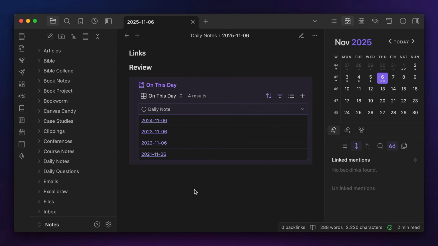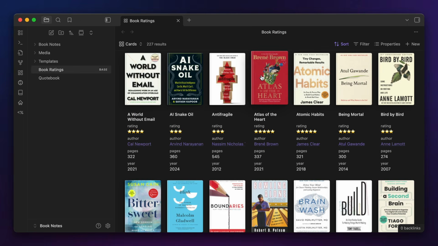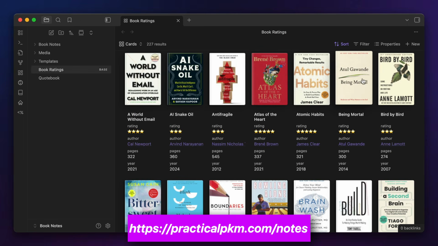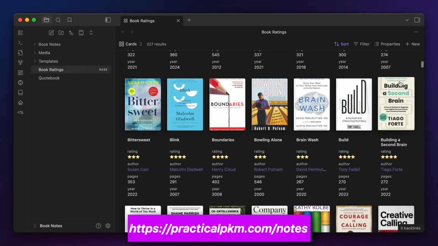Some of my favorites are to show a list of previous daily notes that match the day and month, kind of like an On This Day feature, and a card view collection of all my personal book notes, which I actually have available for download if you're interested at